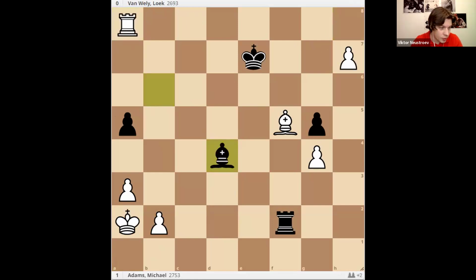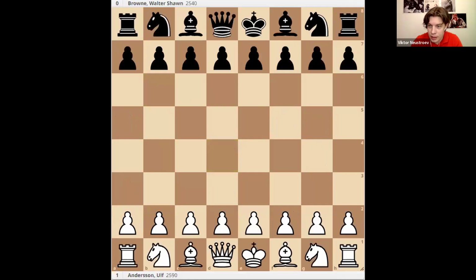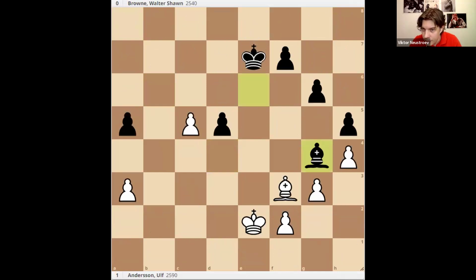Okay, we also had the second task. The second task, the homework, was from here. I was asking you whether it's a good idea or not to exchange the bishops. And this is where you actually had completely different opinions. So some said that yes, we should take and play a4, which was correct. So Paul is right. And there was another suggestion by John, who suggested that it's actually not a good idea and it's better to play king e3.